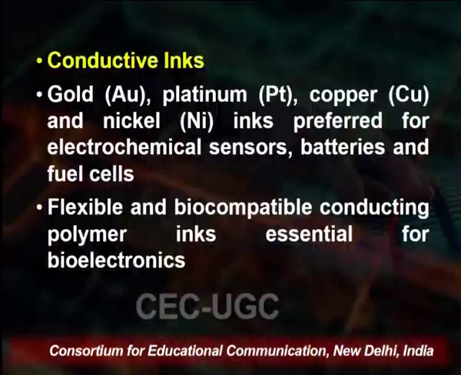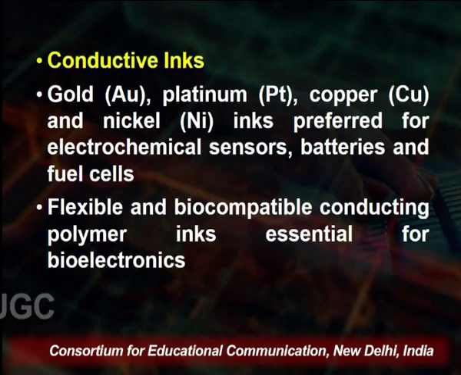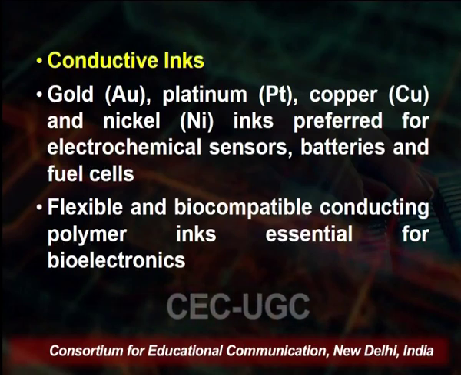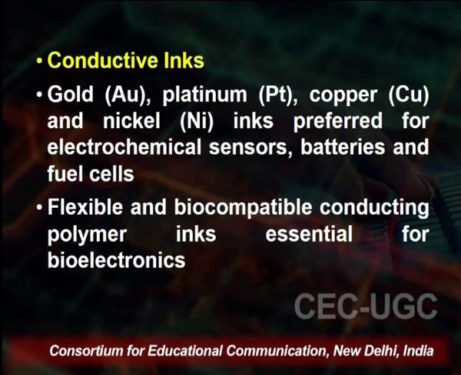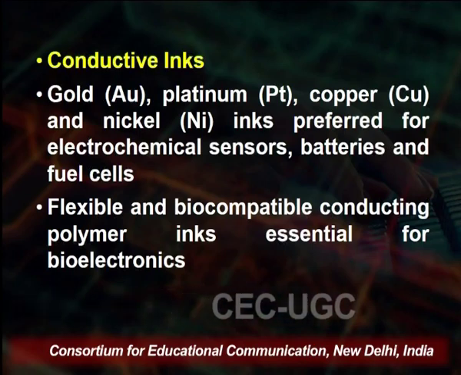So, conductive ink: first is the silver ink, second is the gold ink. We also have platinum, copper and nickel ink, preferred for the electrochemical sensor, batteries and the fuel cell. This means we use these inks for the preparation of nano devices, either a sensor, battery or fuel cell, with a very small thickness, or moreover a small device that will be further used for